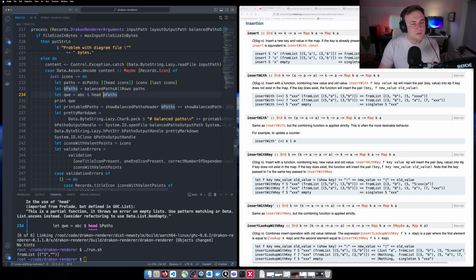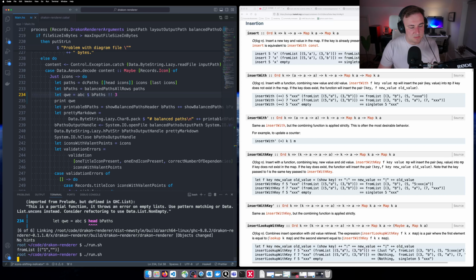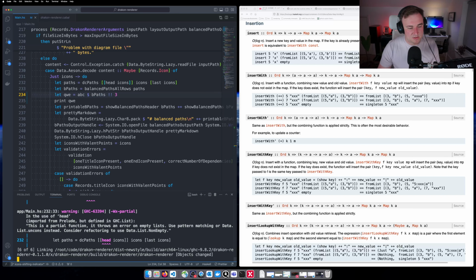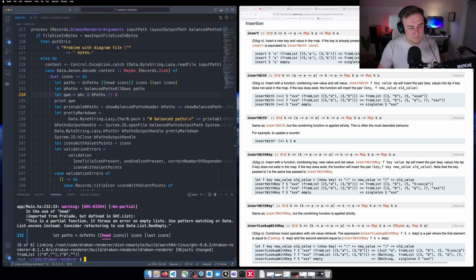So if we call B paths indexed by 3, we should get 2 elements in that map, 4 and 6. Perfect, perfect. This is good. So now